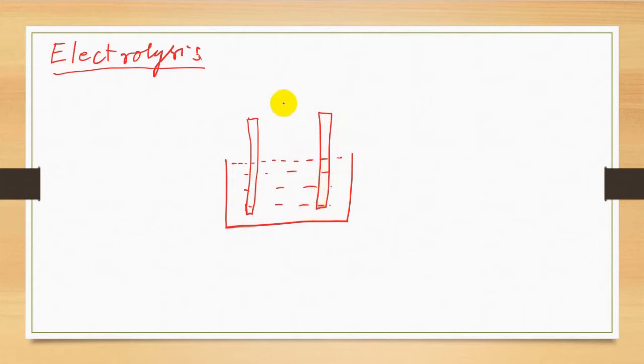Now to pass electricity, this has to be connected with wires, isn't it? We have already studied in physics the meaning of this. What does this mean? You should be knowing. What is the meaning of this? You should be knowing, isn't it? So if I join these things this way, if I give you like this, then in this case,